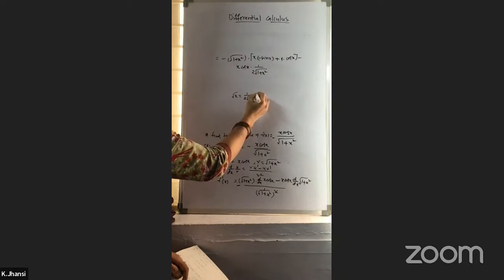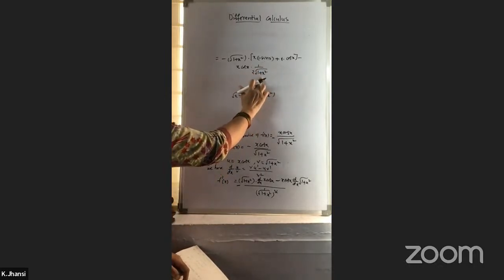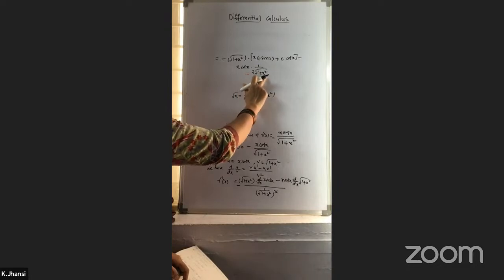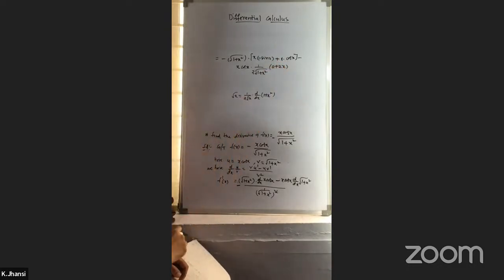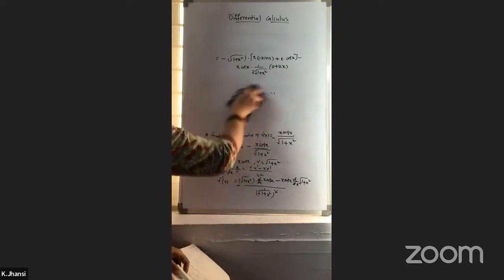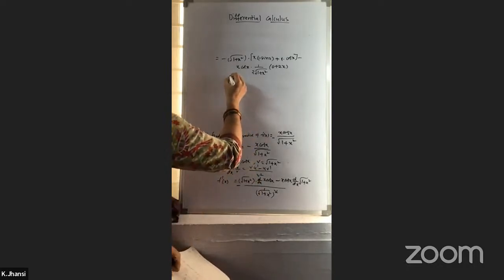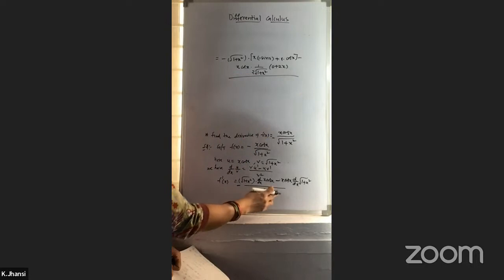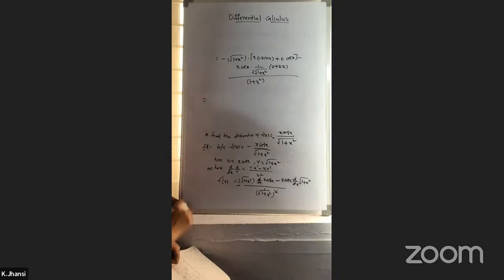So again, we have to do d by dx of 1 plus x square here. Okay. So that means 1 by 2 root x. This is the formula of root x. And again, x differentiation is this part. So that is 1 differentiation is 0. X square differentiation is 2x. Okay. Divided whole divided by this, both will get cancelled, means only 1 plus x square. Okay. So that is